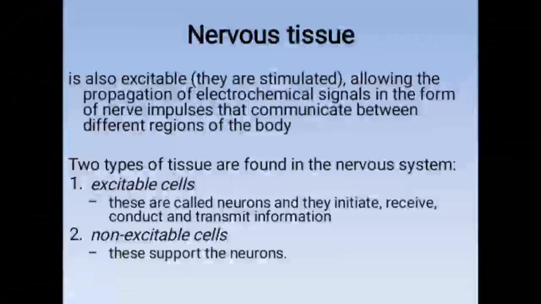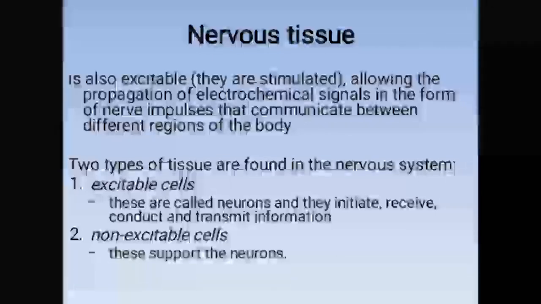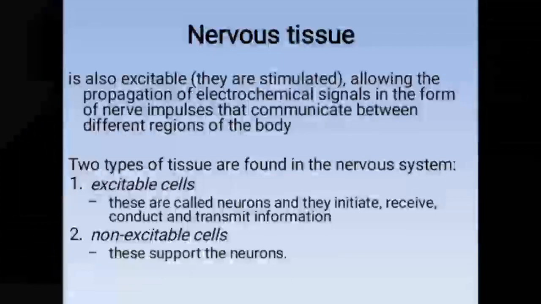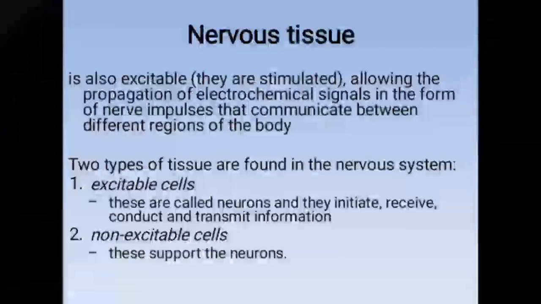Lakini hizi nerve tissue zenyewe zimekuwa categorized into two state. Kuna ambazo tumezielezea zina sifa kuwa excitable, they have excitability, lakini kuna nyingine ambazo they are not excitable. Zile ambazo zina sifa ikiwa excitable tumeona kwamba zinaweza zika initiate, zika receive, zika conduct na zika transmit information. Lakini hizi ambazo hazina sifa kuwa excitable, they are called supportive cell. Mfano wa supportive cells ni what we call neuroglia au glial cells. Mfano wake kuna astrocytes, kuna ependymal cells, kuna kingine mfano kama oligodendrocytes,